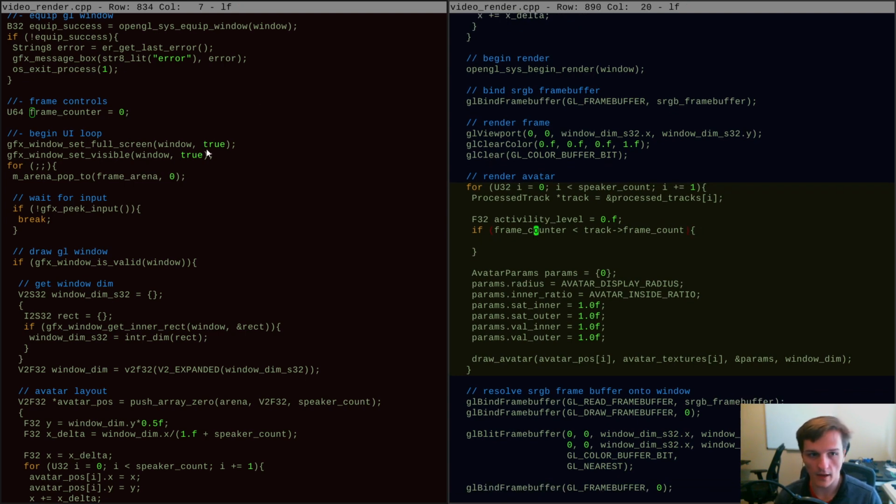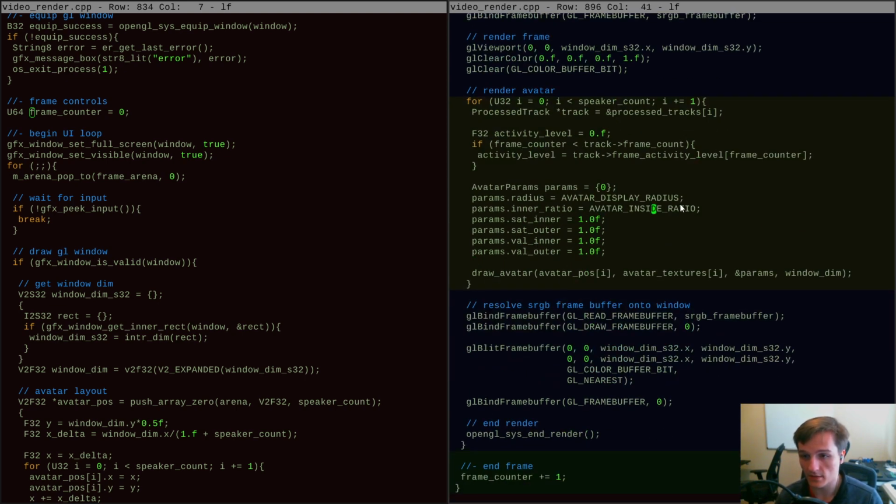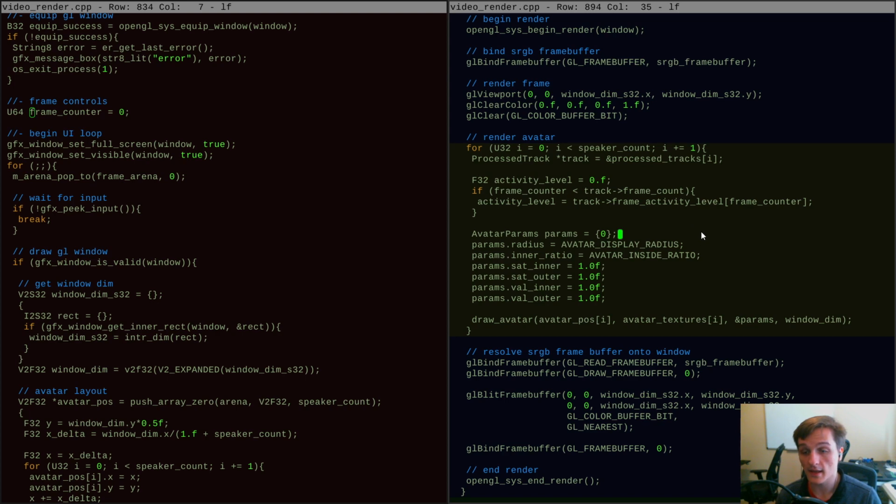So if the frame counter, which measures how many frames we are into the animation, is less than the frame count, then we can get the activity level as something from this track by putting the frame counter in here. So now I've got an activity level, and I want to try to set this based on the activity level. So let's say that